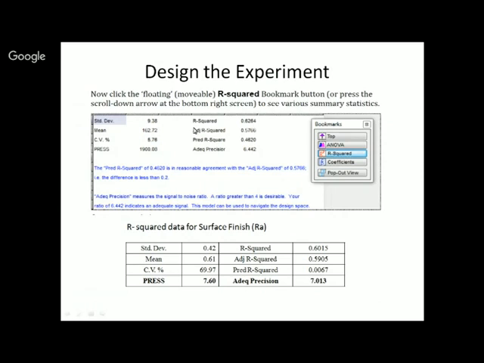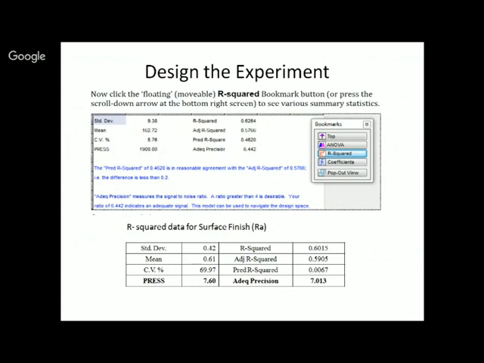Another term is the R square term, which is predicted, or which shows whether our data is desirable or not desirable. For example, there is a term called adequate precision. If the ratio is more than 4, it is desirable, and in my case you can see that it is 7.013. So that means the data given for the RA value is